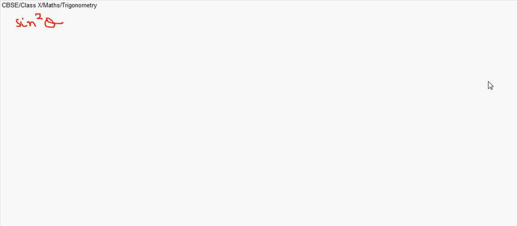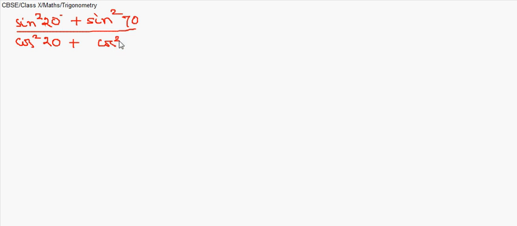Oh, sorry, I write it as 20. It will be theta, it will be 20. Sine square 20 degree plus sine square 70 degree. I'm not giving those degree symbols just to be able to write it fast. So cos square 20 degree plus cos square 70 degree plus